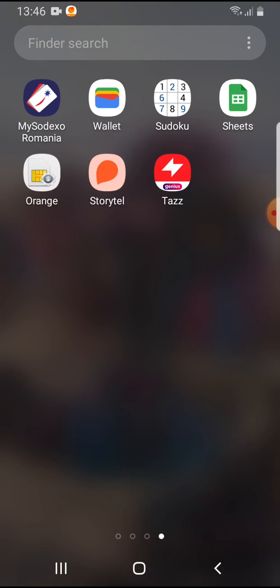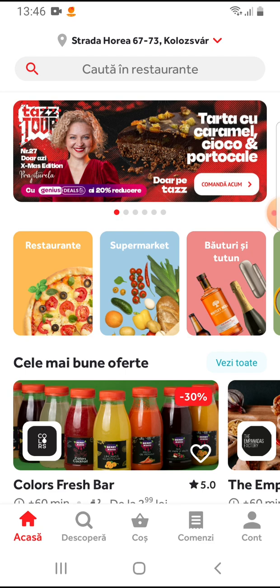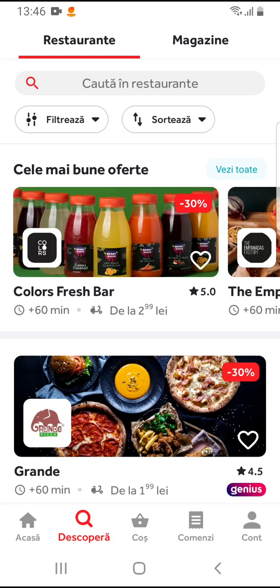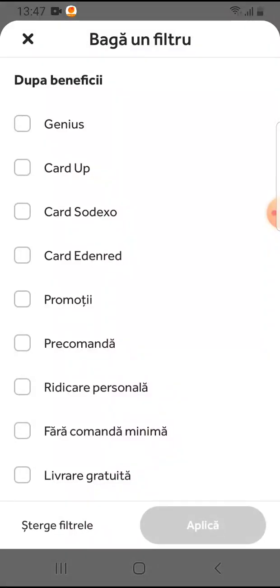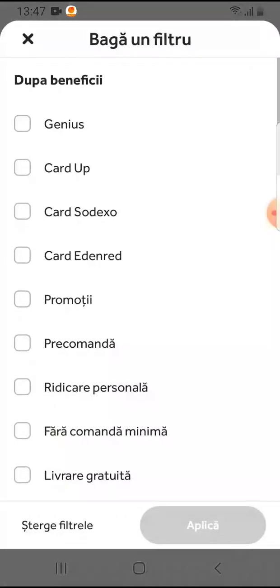So let's jump into it. Open the Tazz app and tap on the bottom second icon, the search icon. Then here you will see filters below the search bar on the top side of your screen. Below the search bar you can see these filters,